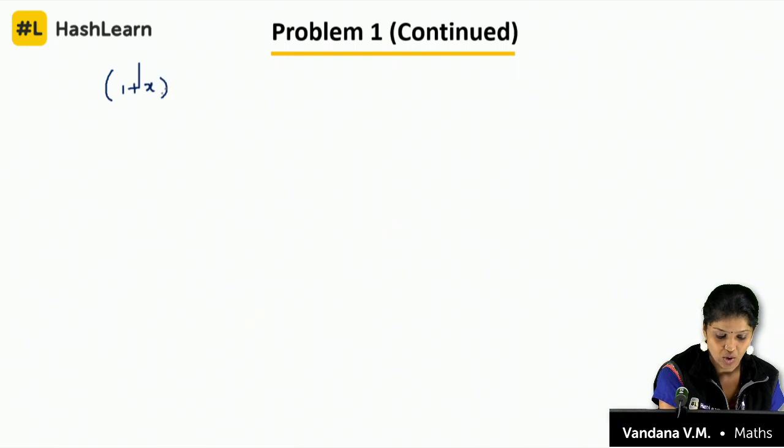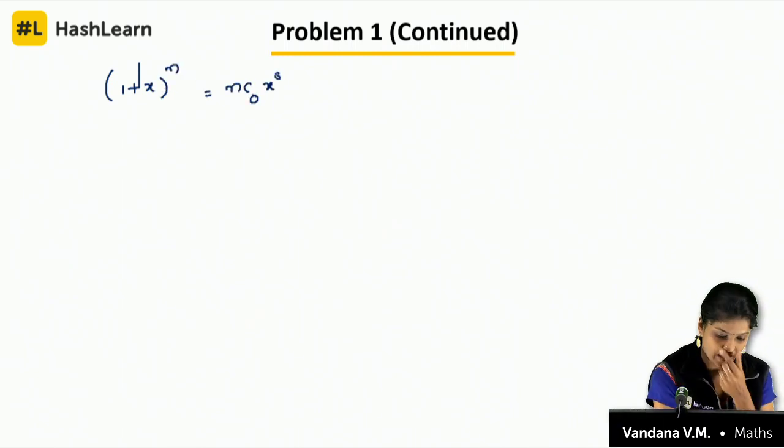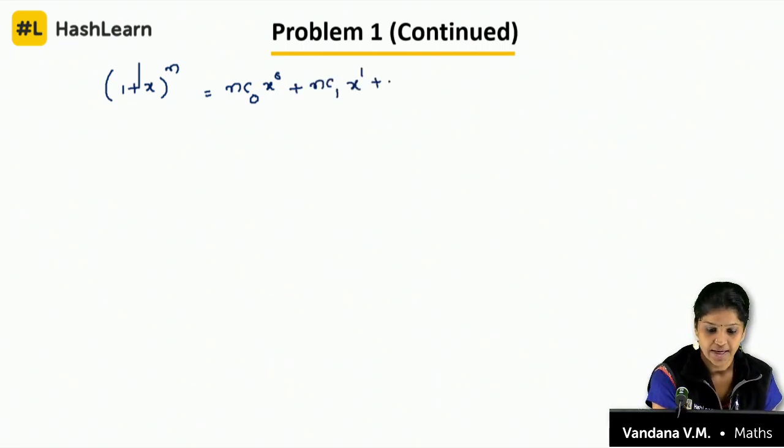Now children, usually what is the expansion of binomial coefficient? 1 plus x whole power n is nc0 x power 0, nc1 x power 1, nc2